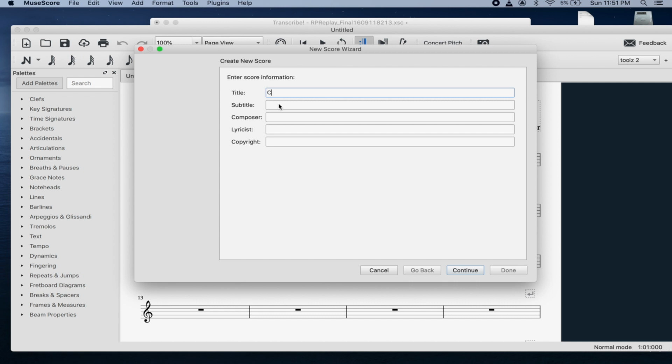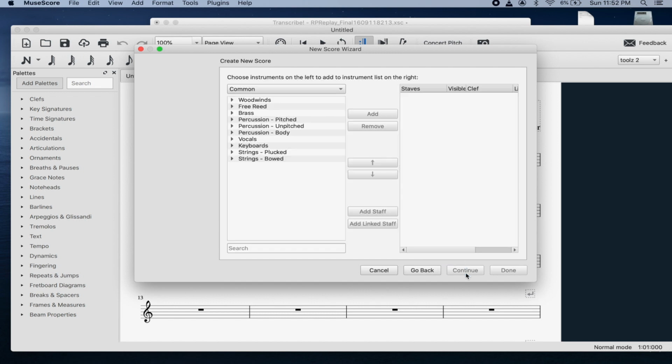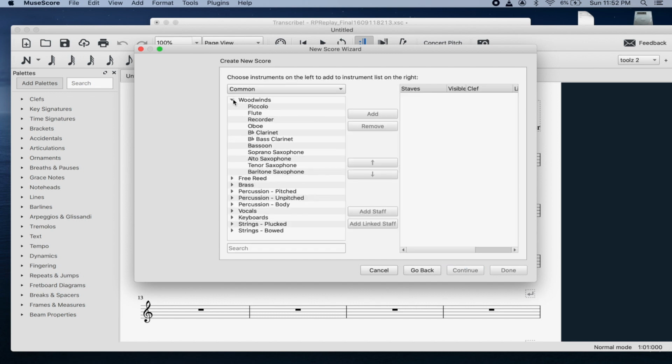So I give it a title, Chris Potter Super Break, let's call it that. Composer, obviously it's his break, but I'm going to write my name as the transcriber, so transcribed by Steve Hortica. Continue, so choose instrument, go to continue, and because we're doing a tenor sax solo, you're going to choose tenor sax,